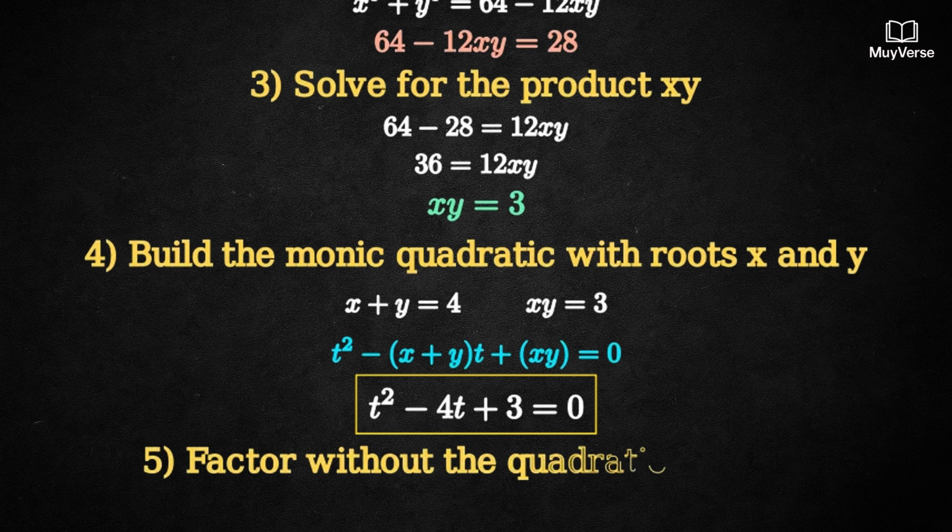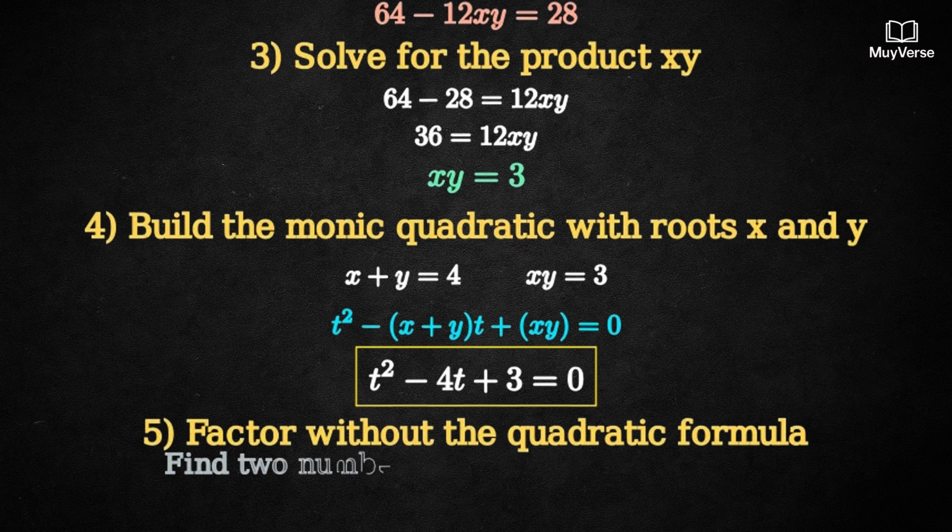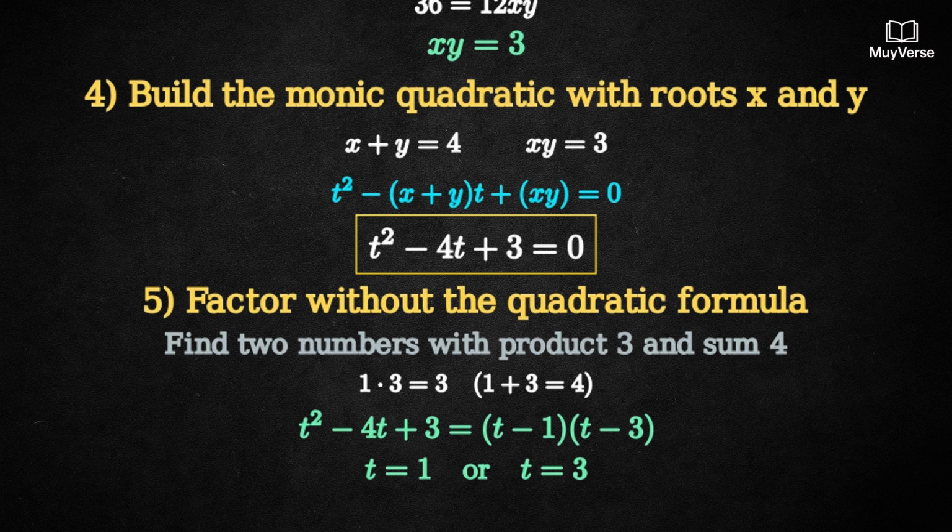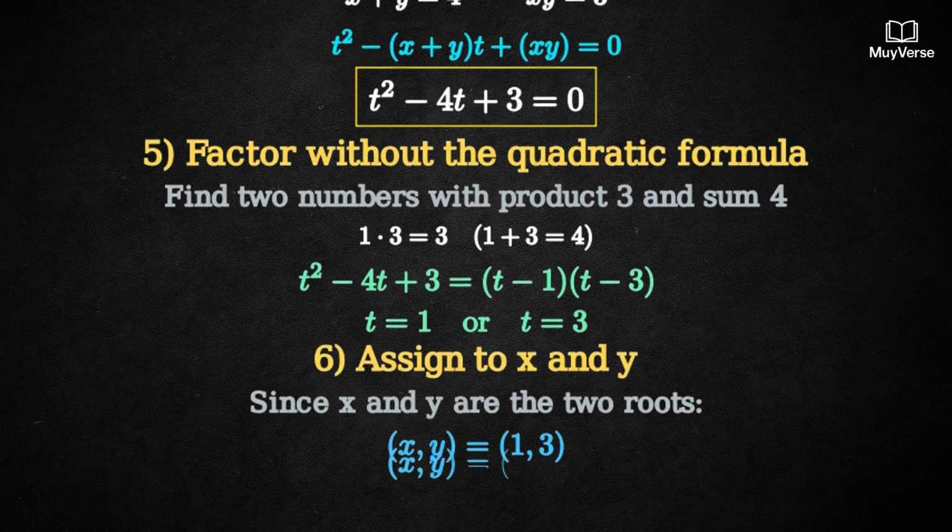Step 5. Factor the quadratic by inspection. Without using the quadratic formula, we need two numbers that multiply to 3 and add to 4. Those are 1 and 3. So the factorization is (t minus 1) times (t minus 3), which gives the roots t equals 1 or t equals 3. Step 6. Since x and y are the two roots, the ordered pairs are (1, 3) or (3,